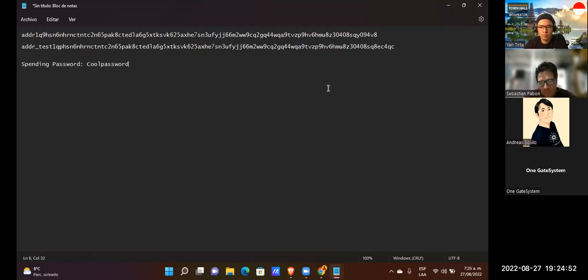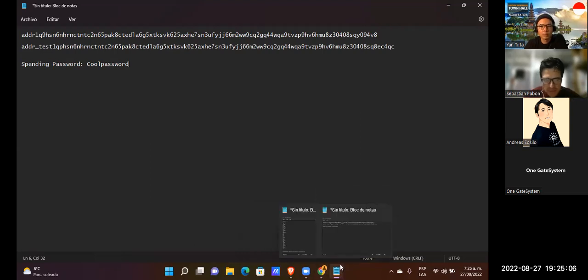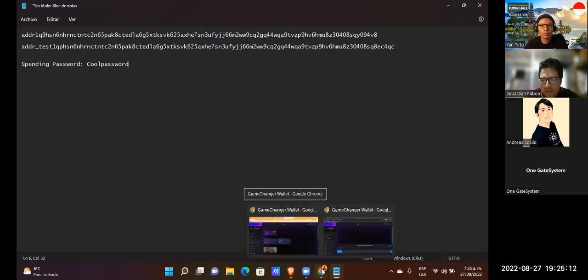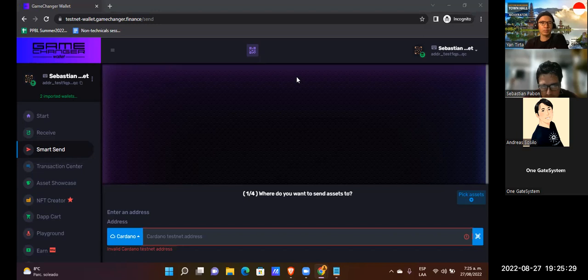The same address is available in the three wallets. It's the same address, but the idea with this exercise is to see all the different possibilities around all the tools at the disposition of the developer, not only the user, at the disposition of the student, at the disposition of the developer in the testnet.